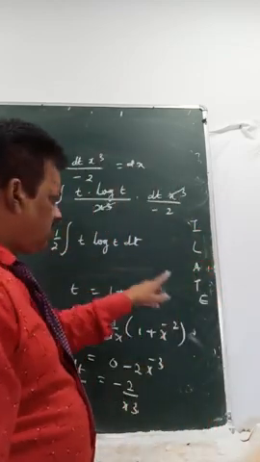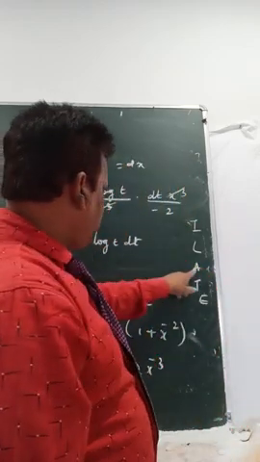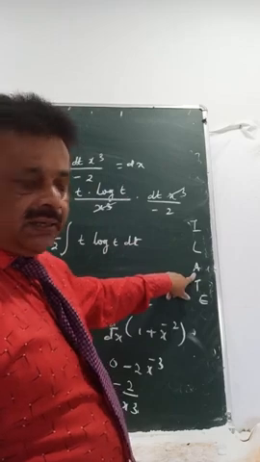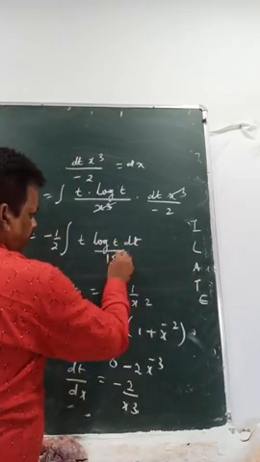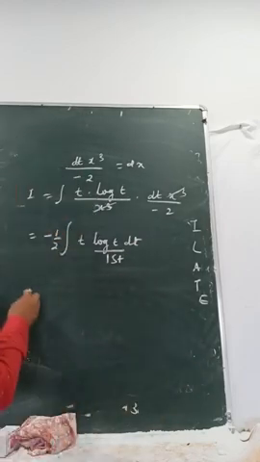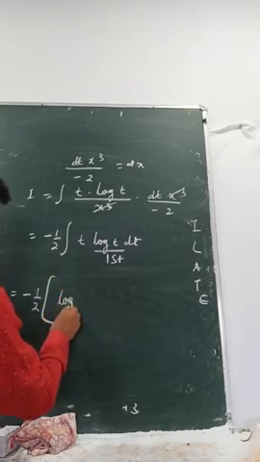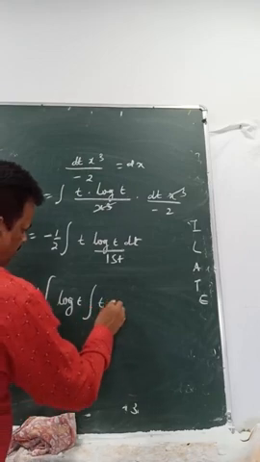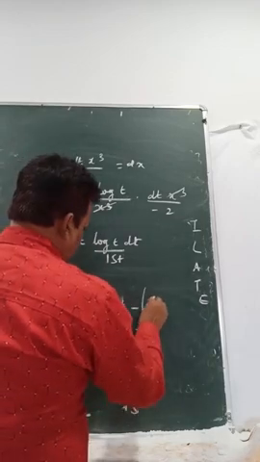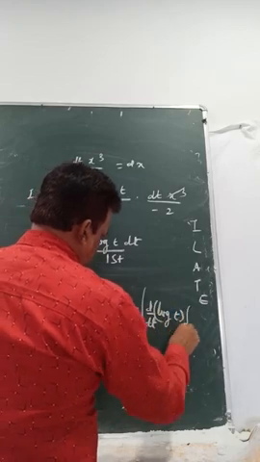So let me take the two functions, obviously a product term, so that is integration by parts. Which one is the first function? Logarithm is the first function and then there will be the second. That means this is your first function. So that gives you minus half: first function, integration of second, minus integration of derivative of first, integration of second.